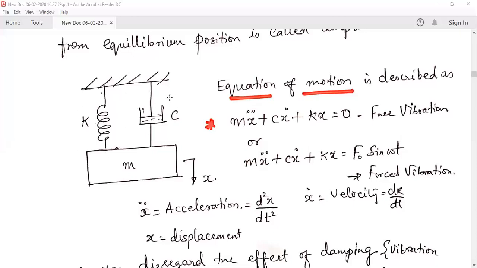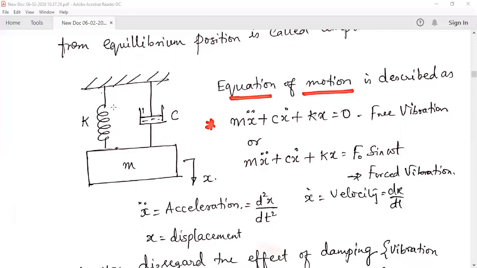Sometimes we also ignore the effect of damping for ease of analysis, and also because its contribution is close to 0.05, what you call zeta, c by cc, that is a 5% contribution. So if you ignore it, the analysis will still be fairly realistic. Especially in resonant conditions, though, damping does play an important role.